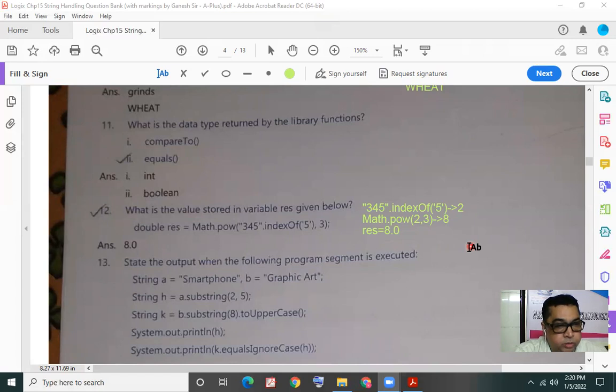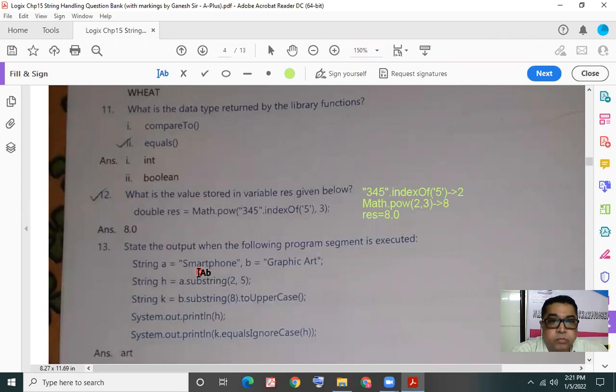Now to question number 13. State the output when the following program segment is executed.